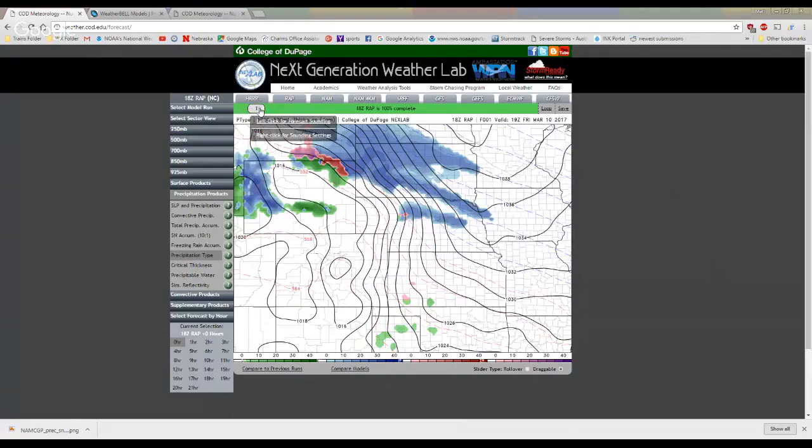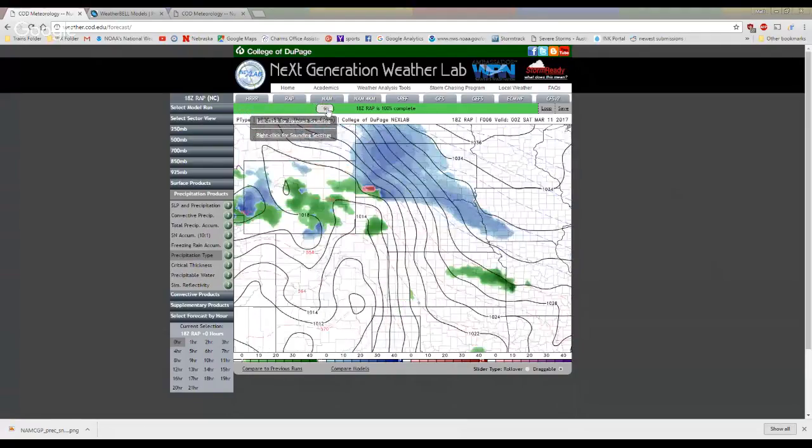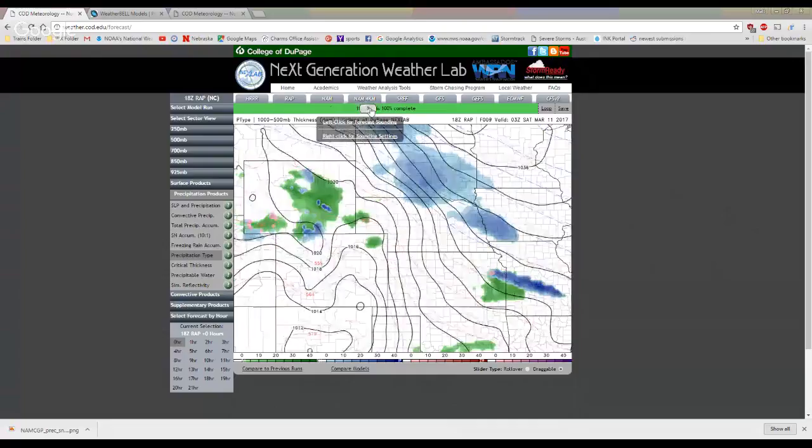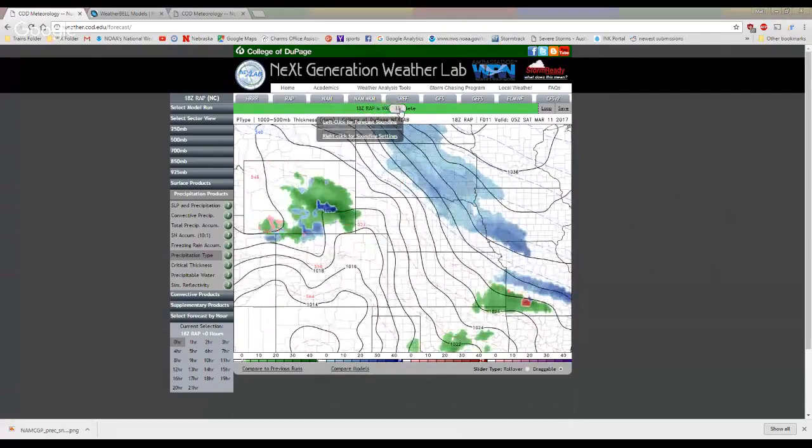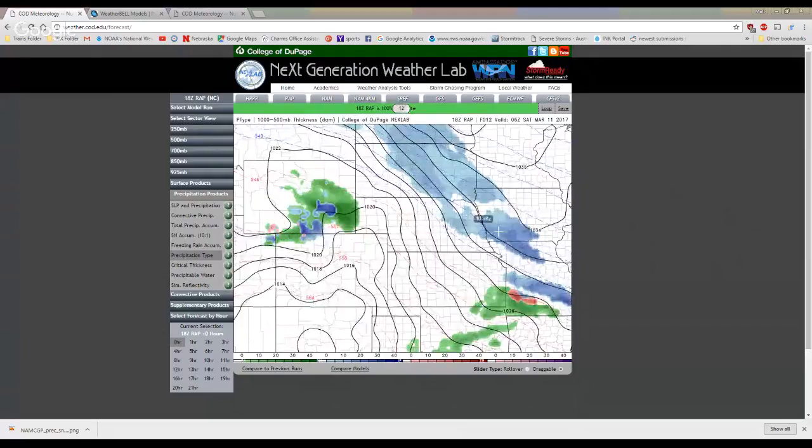Let's go forward. Here it is tonight at 6 p.m. I don't think this is happening. I don't think the northeastern part of the state will be covered in snow, or at least not snow falling this early. I think it'll wait until after sunset. Now we go forward. Here it is at about midnight tomorrow. It starts to move into the coverage area as light snow.